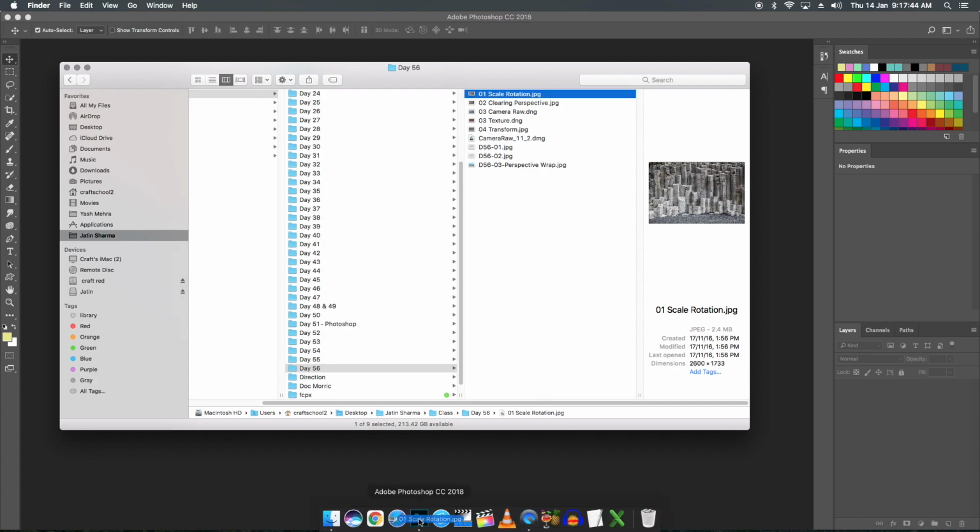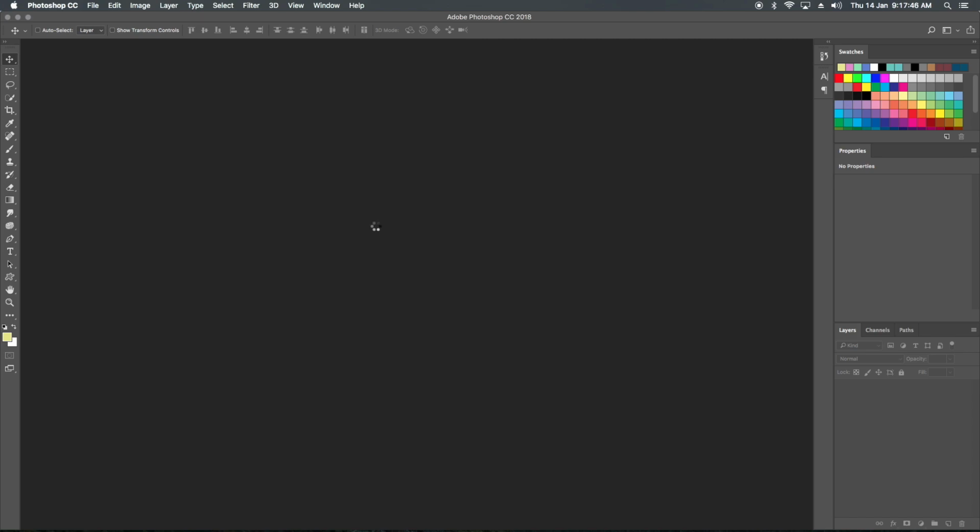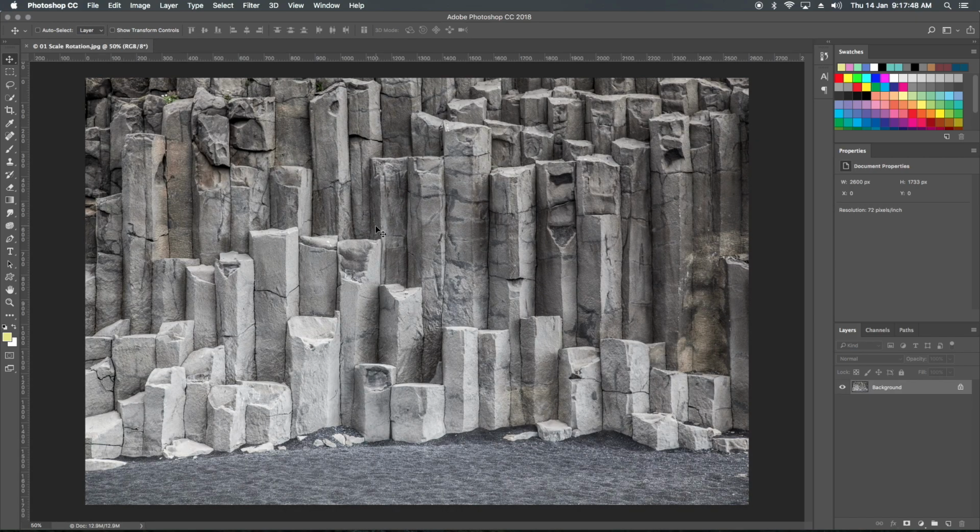Let's just open an image. If I open this image and I want to scale it, how can I scale? Let's say I press Command T and it's not taking Command T or scaling. Why? Because the background is locked.